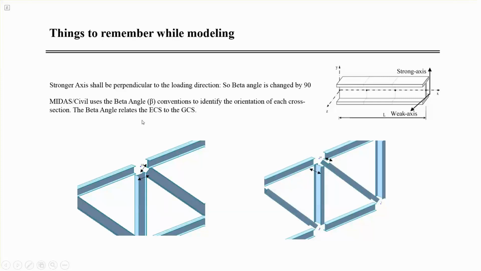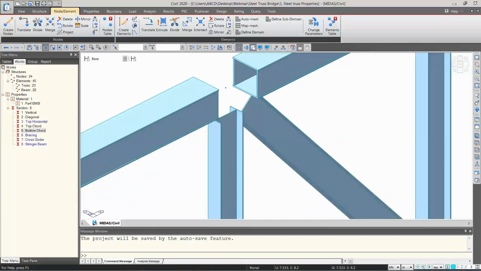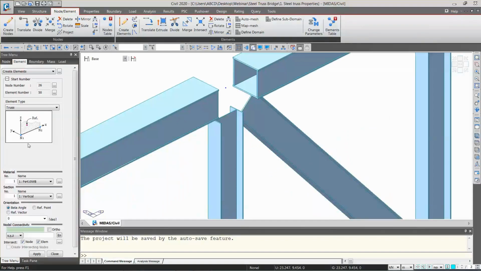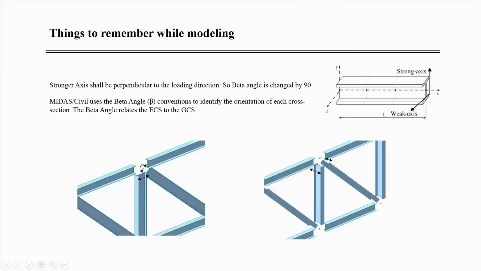In this Midas Civil we use beta angle for the identification of the orientation. While creating elements, by default beta angle is considered as 0, so this orientation is 0 by default.